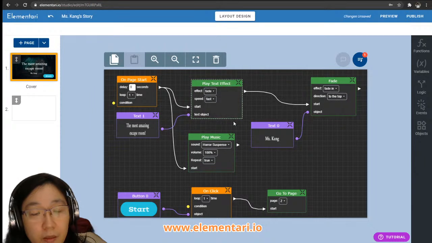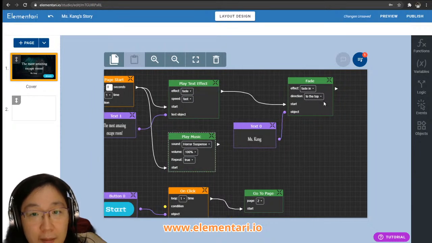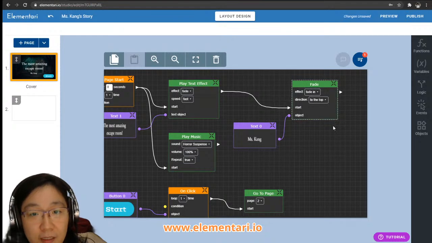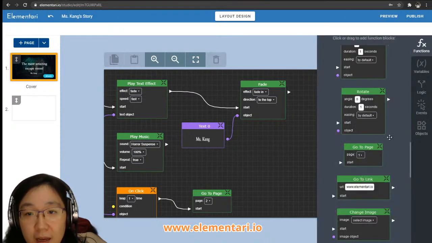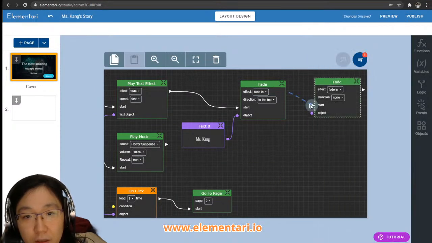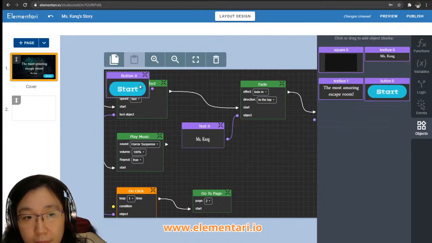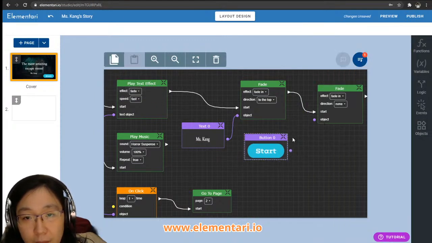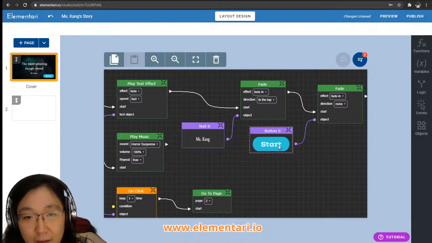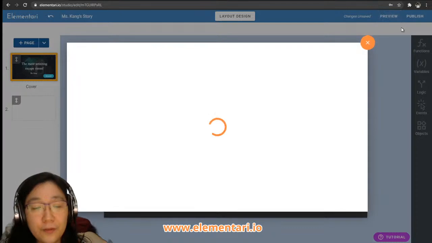Okay, so let's take a look. It'll be like step 1, play text effect and play music. Step 2, after the text effect is done, I'm going to fade in, and I'm going to do one last fade, and I'm going to fade in my button actually. So I'm going to go ahead and do that really quick. There we go. Okay. So if I preview,